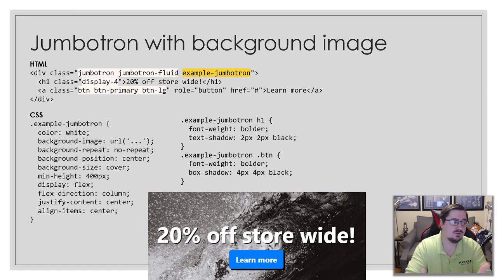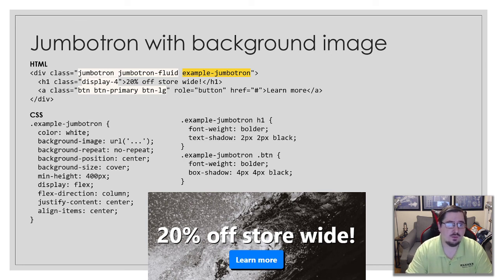So use those tools as you're building your own Jumbotrons. If you're going to build a Jumbotron, if you're going to use it and have it be effective, you do actually need to spend some time writing your own CSS and playing around with it to get it to the place that makes sense for the particular project that you're selling. So what might work for a Jumbotron for one company, or for one ad, might not work best